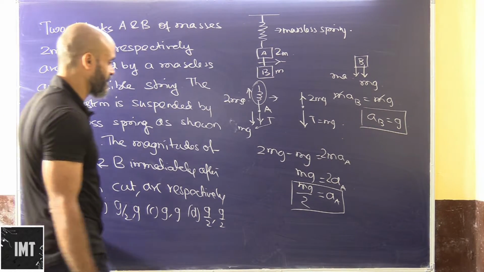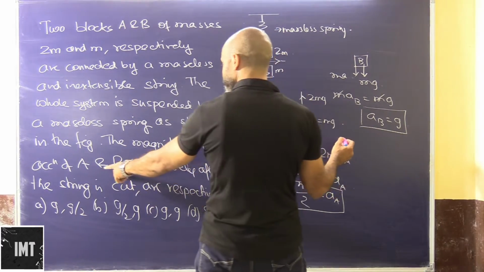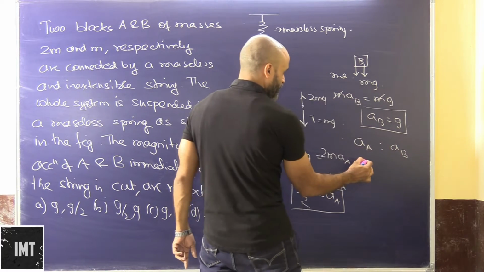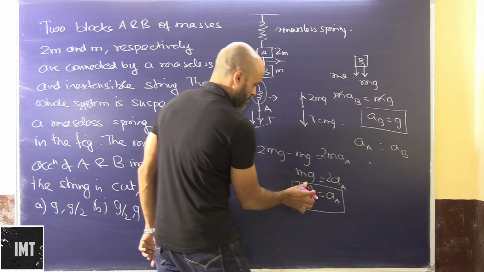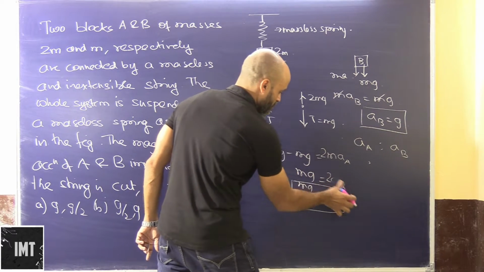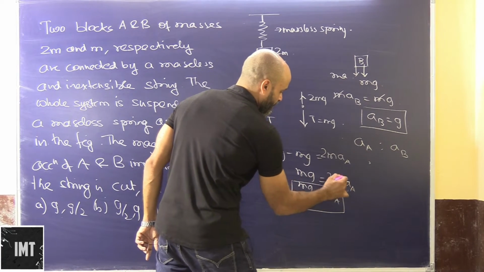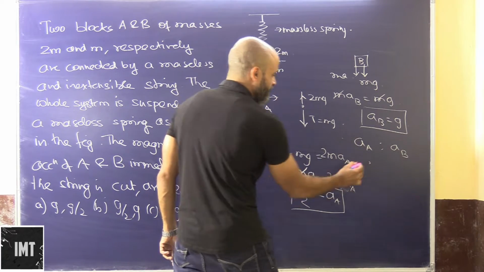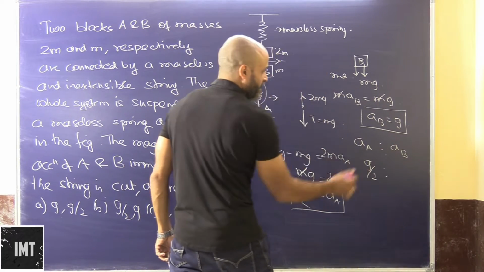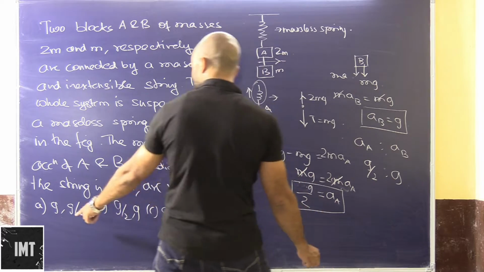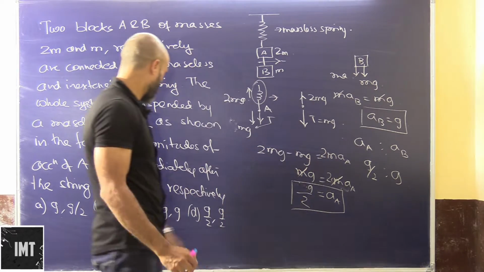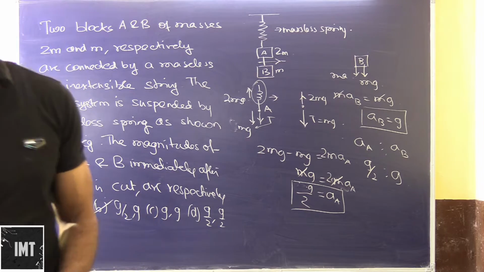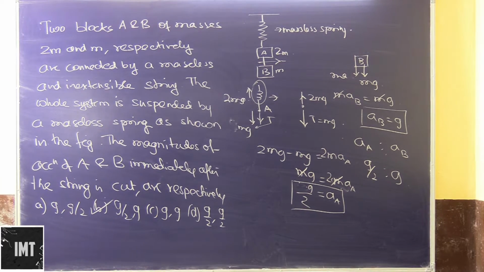So here we have the acceleration of A to acceleration of B, oh sorry, the m will get cancelled here. I am so sorry. The m will get cancelled here. So we have g by 2. So acceleration of A is g by 2. Acceleration of B is g. So this is g by 2 and g. The second option will be the correct option. Okay. Have a look at this problem once again, people. Take a snapshot if required.